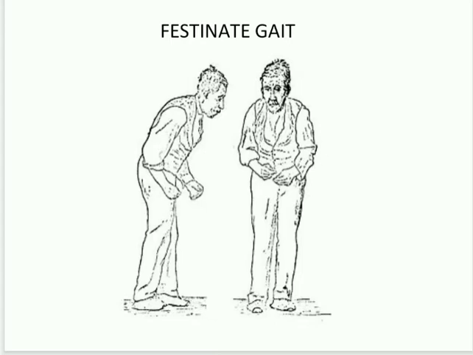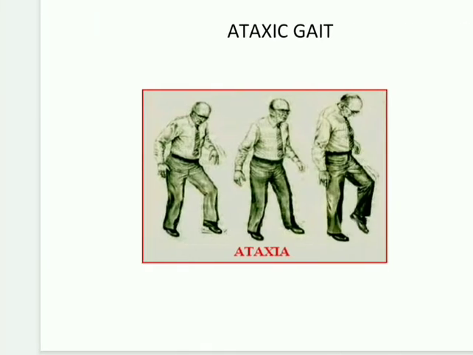Because of the flexed posture, your center of gravity falls forward and the patient moves only in short steps. So, the patient moves in only short steps and there will be a lack of heel strike and toe off. This is your festinating gait. So, in this gait, heel strike is absent. The toe strikes first. Hence, it is also called toe heel gait. Toe will first rise up and there is absence of heel. Also called toe heel gait, festinating gait or Parkinson gait.